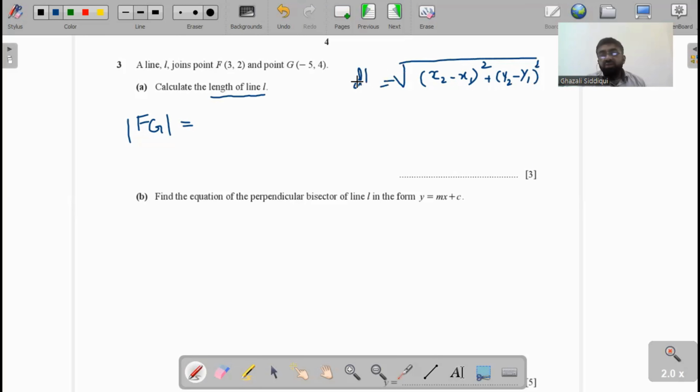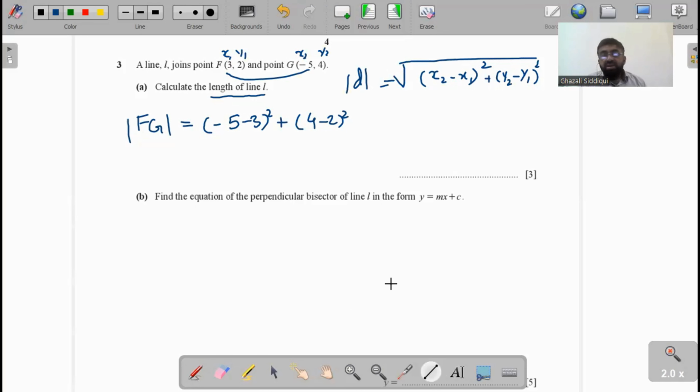This is x1 and y1, and that value is x2 and y2. It's very simple. x2 minus x1, minus 5 minus 3 whole squared, plus 4 minus 2 whole squared,